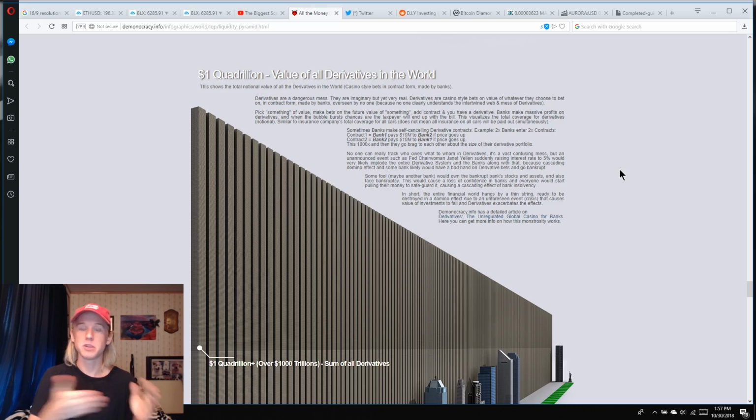Now, I don't think it's going to be going into the stock market, because a lot of these stocks have been propped up because of the banks. A lot of this money inside of stocks is from the banks. And so when they start pulling out of that, where is it going to go? My guess is it's going to go into precious metals and possibly Bitcoin. Like I said, Bitcoin is so speculative right now, and it's so new that it's hard to say that all of these banks are just going to funnel everything they have into this new speculative currency that we don't know is going to be here for the long haul.